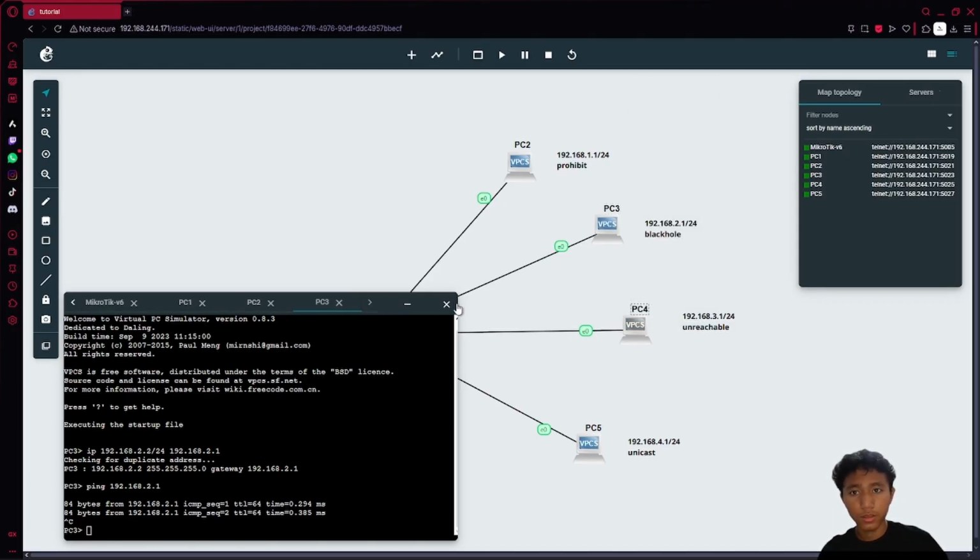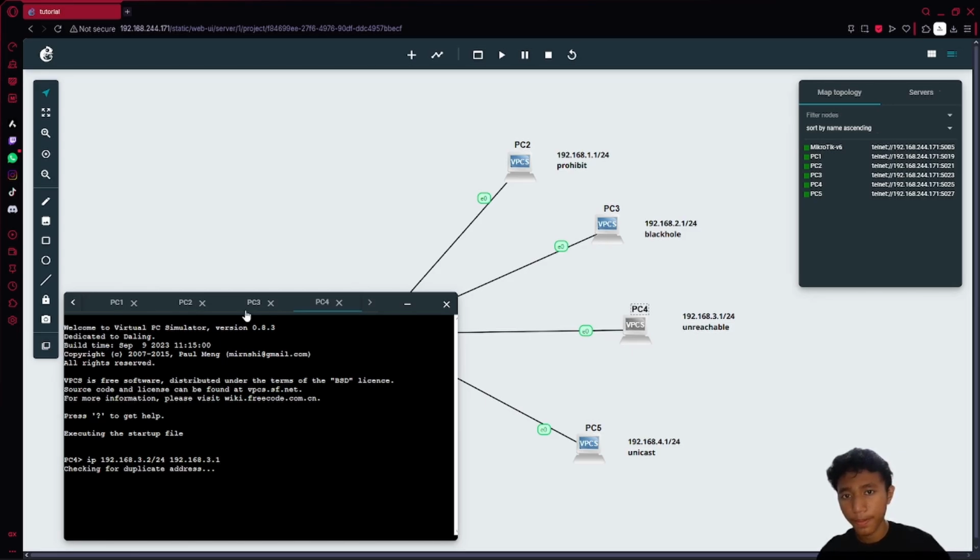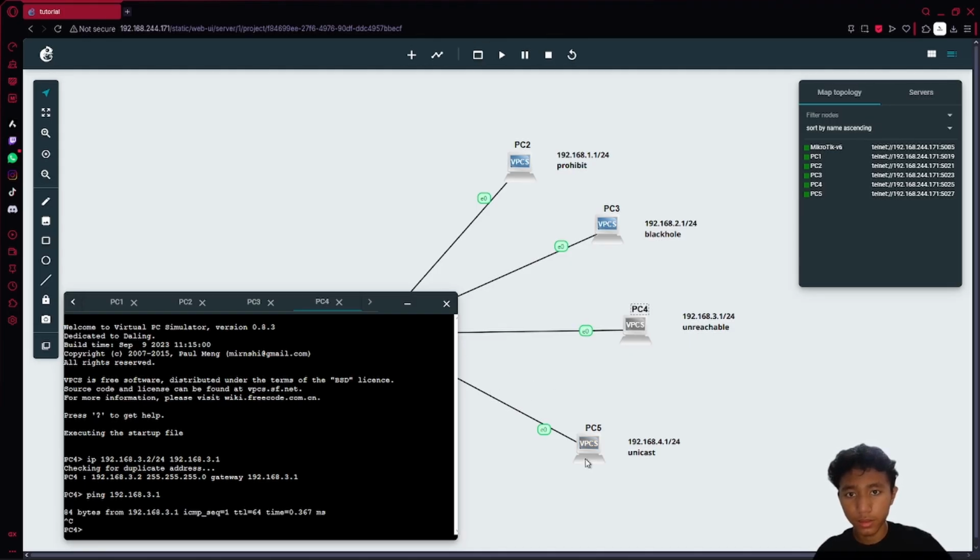Next, for PC4, the IP is 192.168.3.2/24 for the PC IP, then 192.168.3.1 for the gateway. Then try to ping to make sure of the connection to the router. There's the reply.